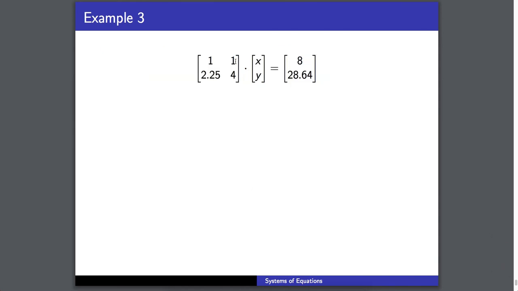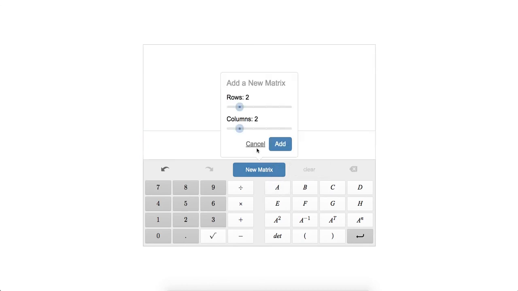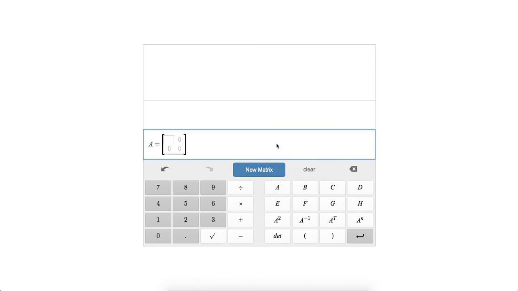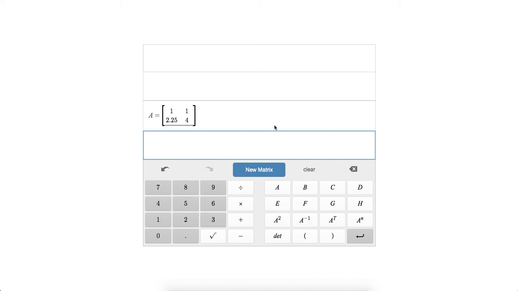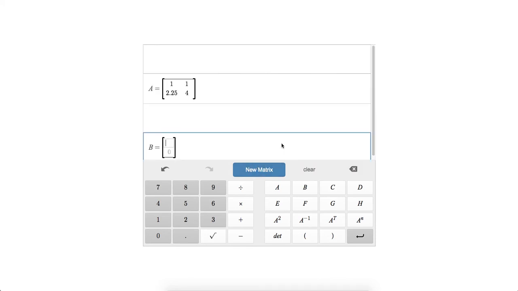So our matrix equation looks like this. We got a 1 and a 1 in the first row, and a 2.25 and a 4 in the second row. And then our matrix B on the right-hand side is 8 in the first row and 28.64 in the second. So I'm going to clear this out, and new matrix A, 2 by 2. We got 1 and 1, 2.25 and 4. And then matrix B is going to be 2 by 1. We have 8 and